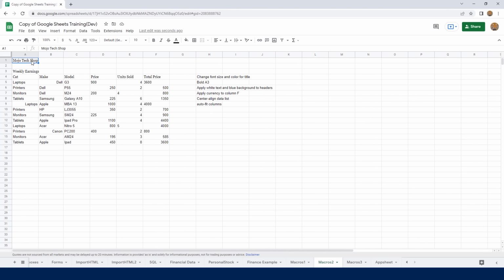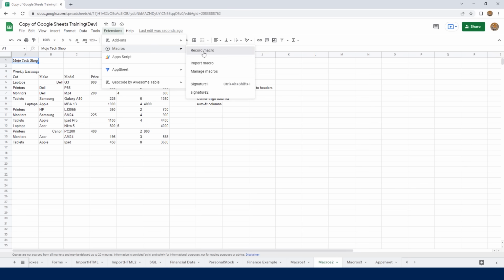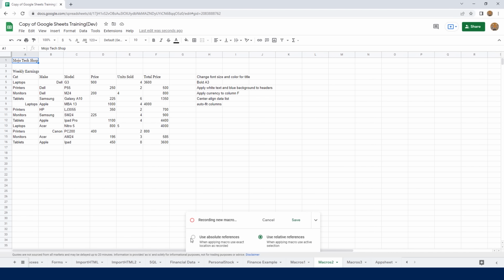I'll click on cell A1 because that's where I want to start. And I want to make sure that I use absolute. Okay, so I'll use absolute here for my macro. I'm going to click on my Extensions, and I'm going to create this macro here. So I'll record the macro. I'll change this to absolute. I'm going to intentionally click on cell A1, and I want to apply